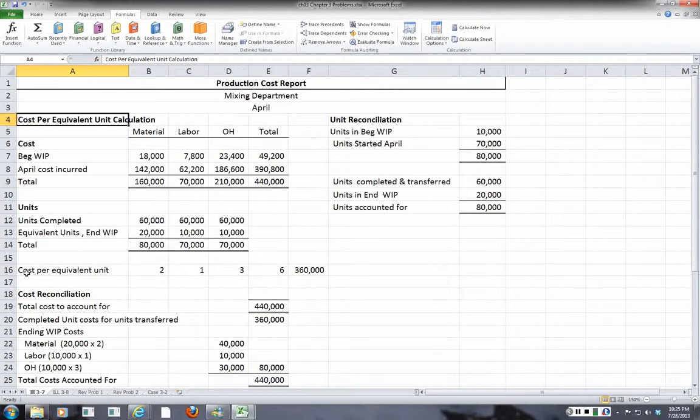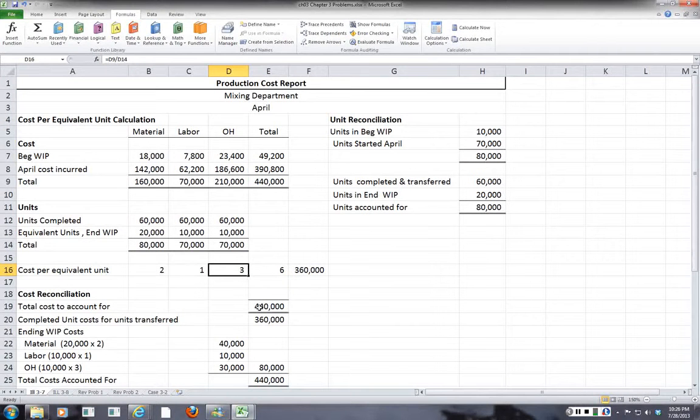So then we come up with the cost per equivalent unit. In the case of material, taking $160,000 of costs and dividing that by the total number of units, that's $2. For the equivalent unit for labor, you divide $70,000 worth of costs by the 70,000 units, and that's $1. And it's $3 for overhead, because it's $210,000 divided by the 70,000 units. So you add those unit costs up and you come up with $6. Now, there are 60,000 units that were completed, and they have a combined equivalent unit cost of $6. So that makes $360,000 worth of costs that are going to be transferred out of the mixing department